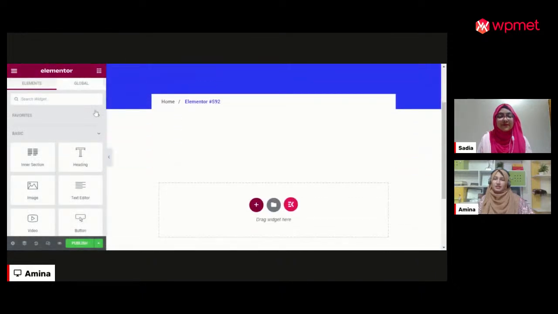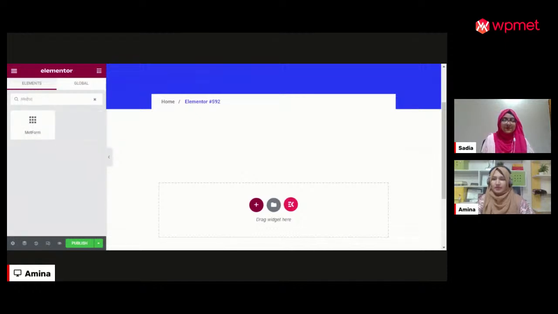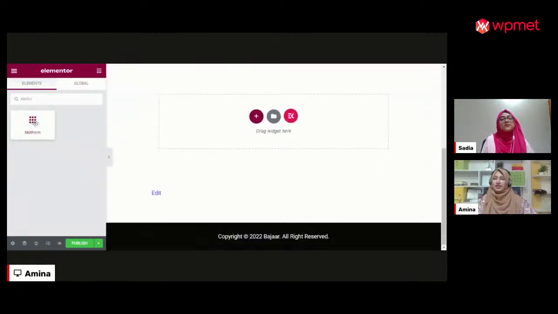Okay, from here you need to search for Metform. Now you need to drag and drop Metform to this plus icon.